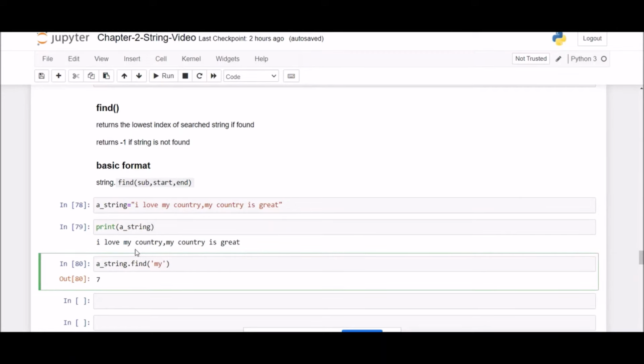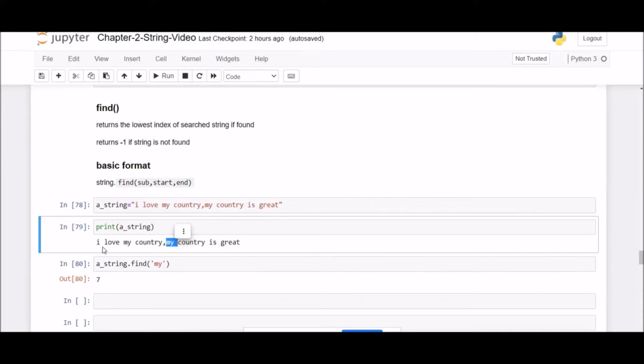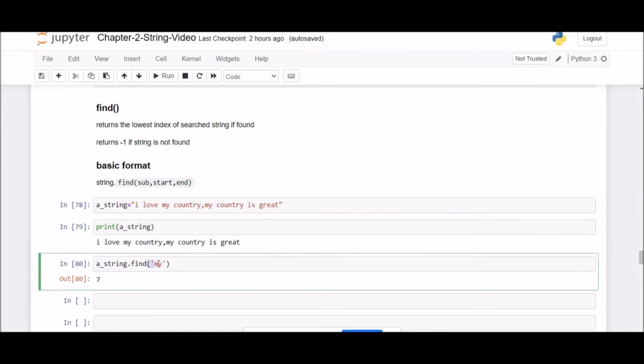If the string is matched, then the method returns the lowest index of the first character of the search string, because my is present here also, and my is present here also. So it will return the lowest index of the first character of the search string.